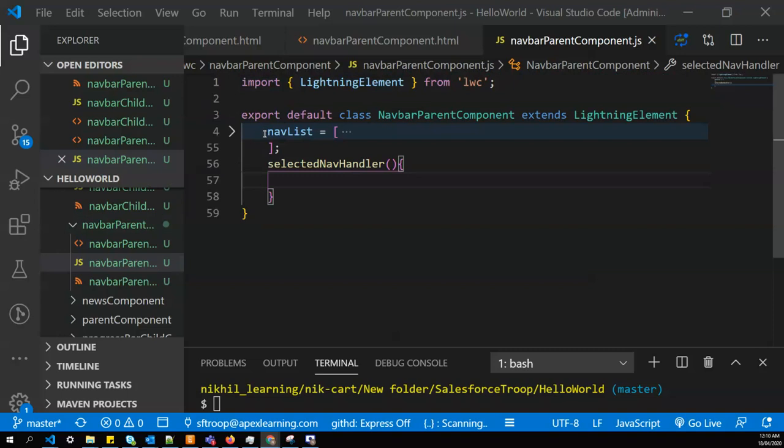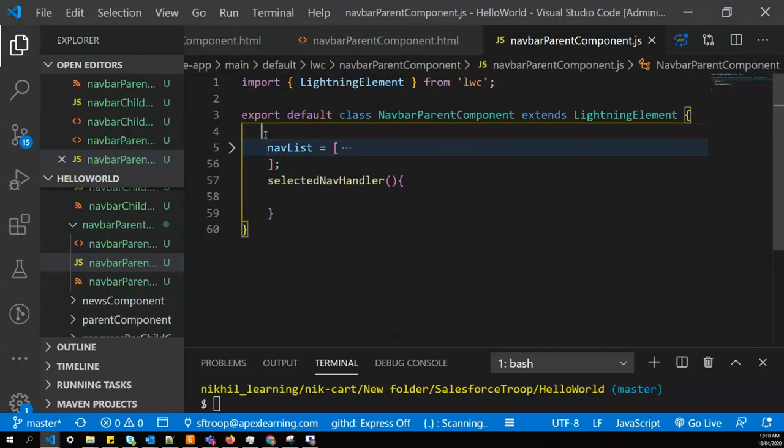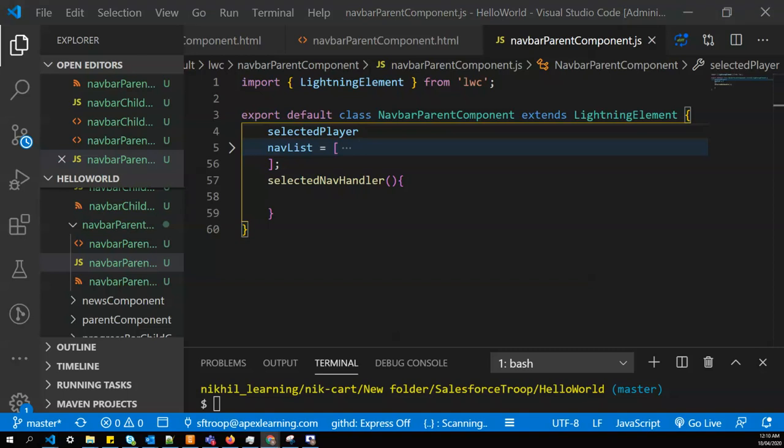I'll create one property called selected player and initialize it with null, you can say, or you can give false.